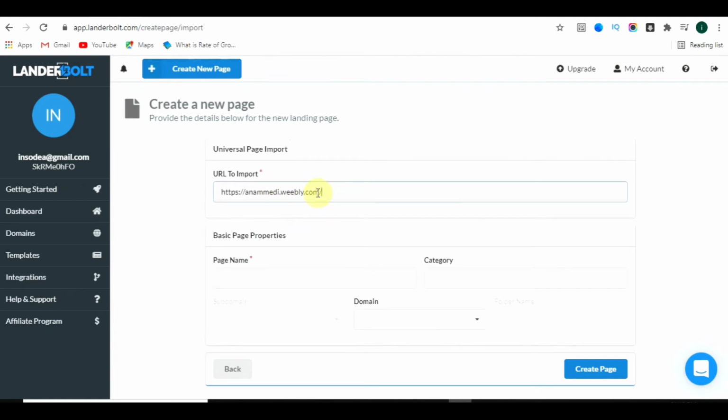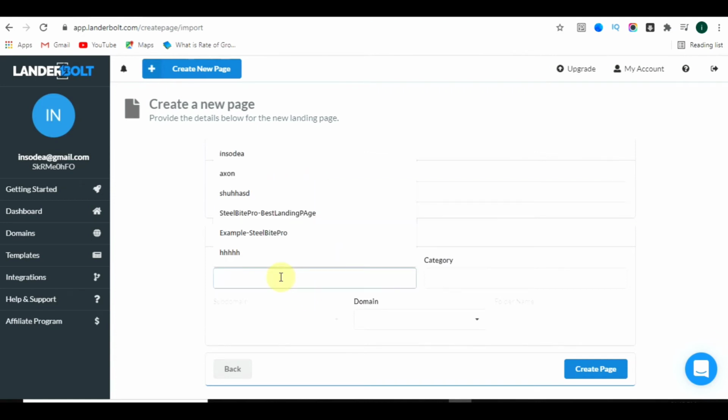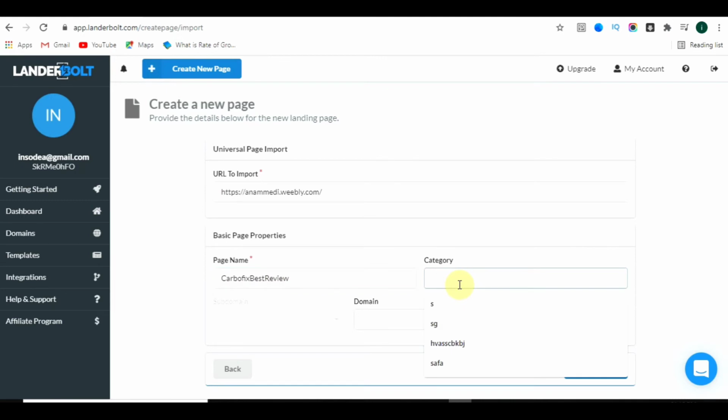After that, come over here to this page name and make any name, like Carbofix best review, something like that. You can set the category to Carbofix, or you can say fat loss. I think this is a fat loss product.